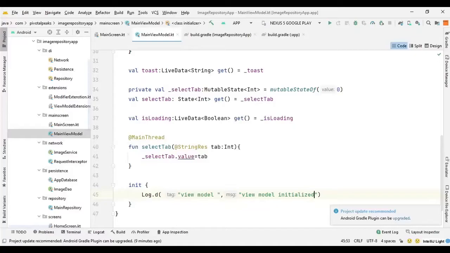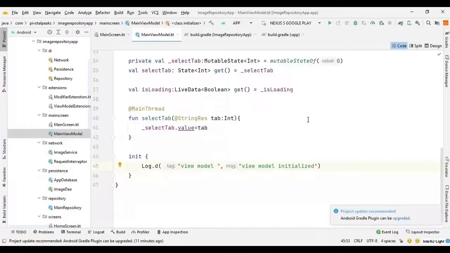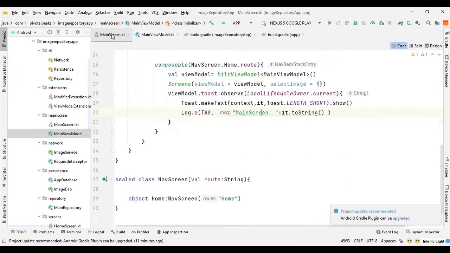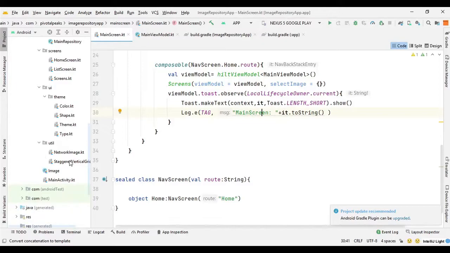So that's it for this section, and in the next section we will set up this main screen into the main activity, and then we will fine tune the project to run on the emulator. So now we will bring this main screen to our main activity file, which provides the entry point for the application. So let's go to the main activity.